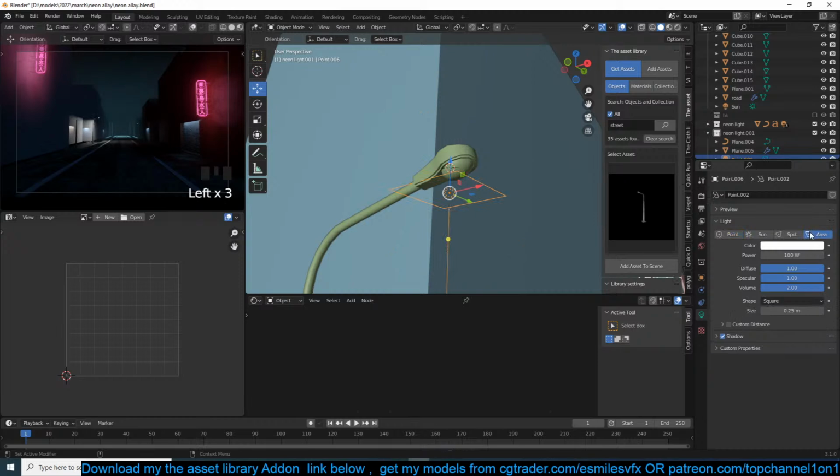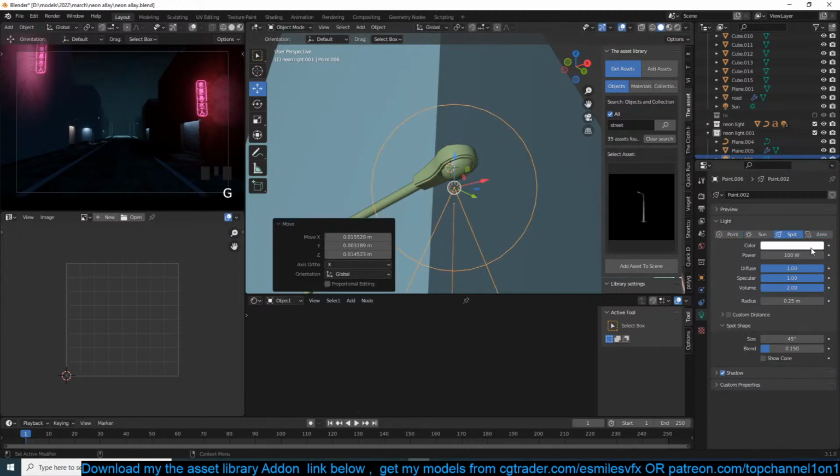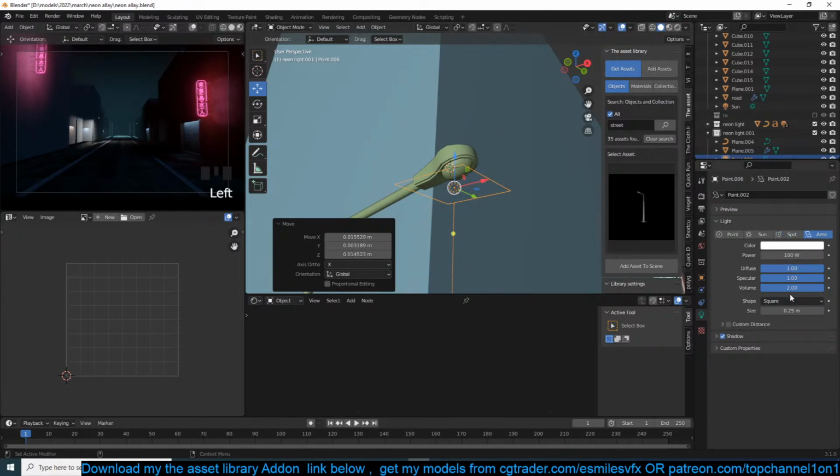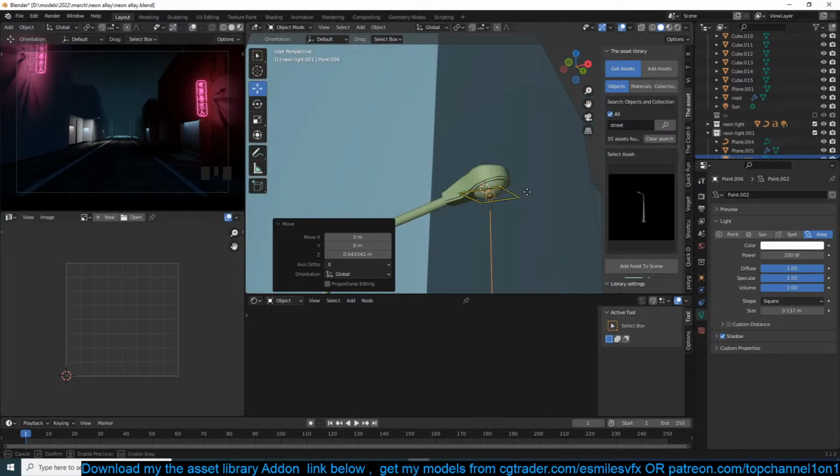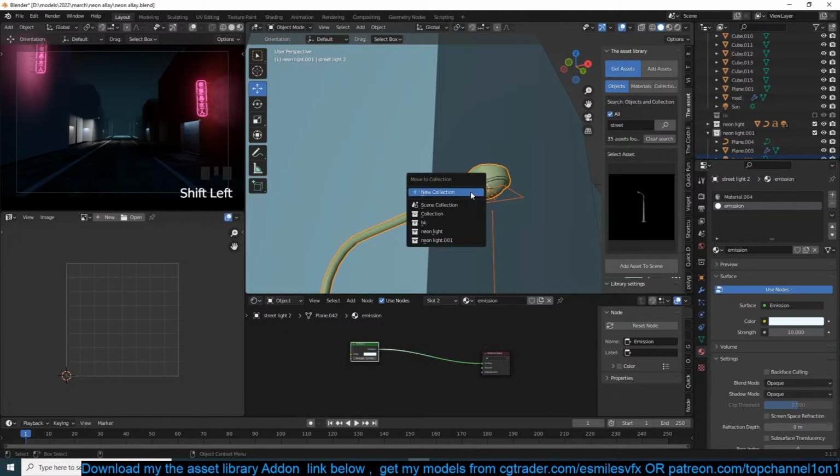Do I make this an area light or a spotlight? Just make it an area light with a very small radius like that. Now to make my life easier,